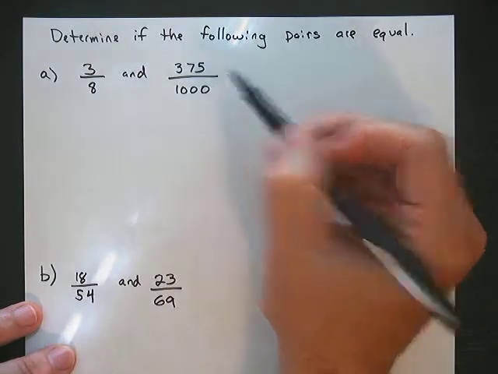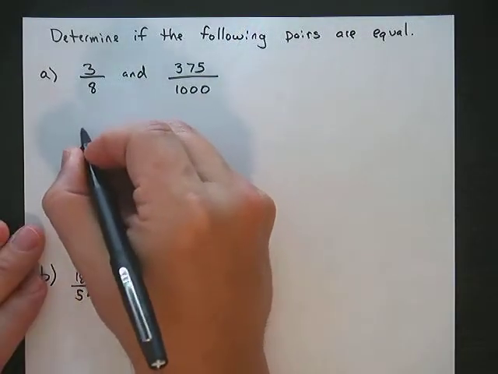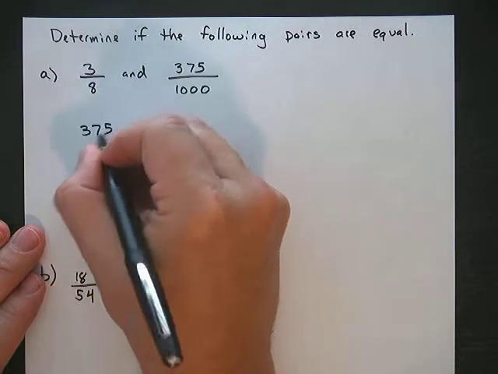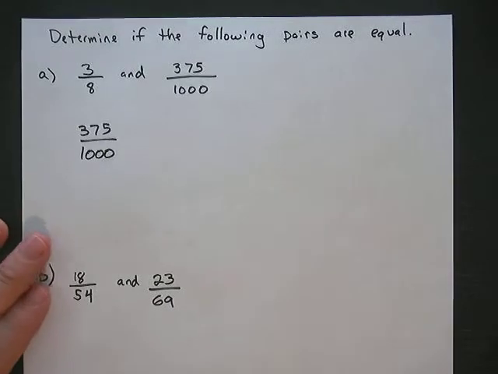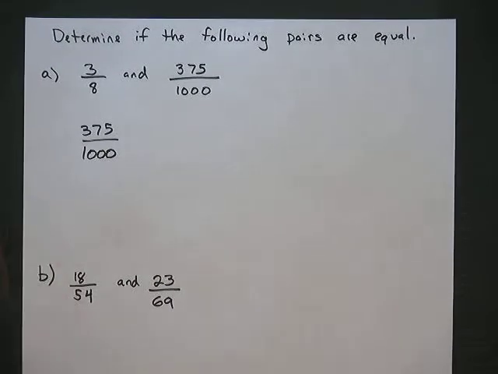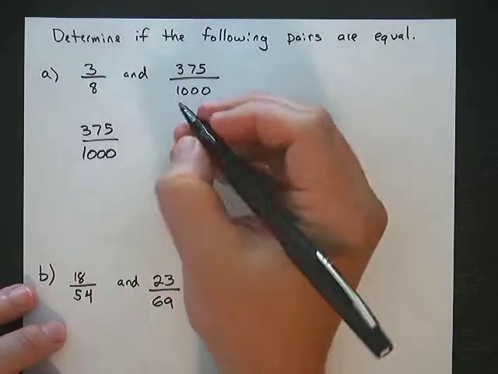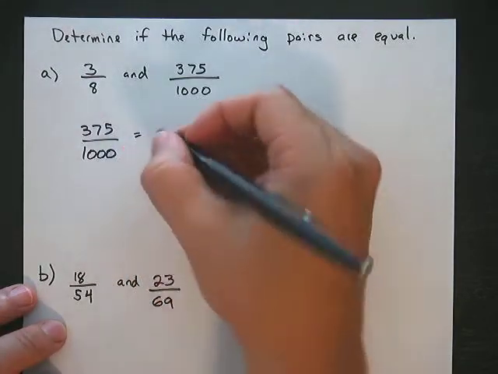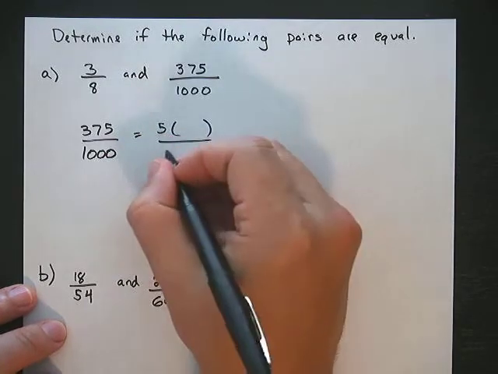So let's try reducing this fraction here. We take the 375, and we start dividing it by common factors in the numerator and the denominator, just like we did earlier. Since it ends in a 0 and it ends in a 5, they're both divisible by 5. So we take a 5 out, and then we take a 5